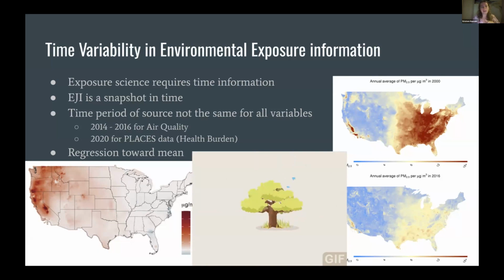So we are working from the time periods of the variable sources instead of linking them all to 2022 or what is the present day within the EHR data. But we have some concerns with this regardless. The air quality data is from 2014 to 2016. And the unit for this air quality data is the number of days in a year that a particular census tract has a quote unquote higher than parameter value of PM 2.5 or ozone.